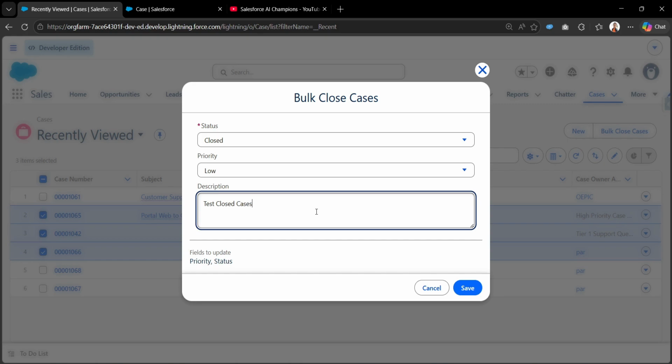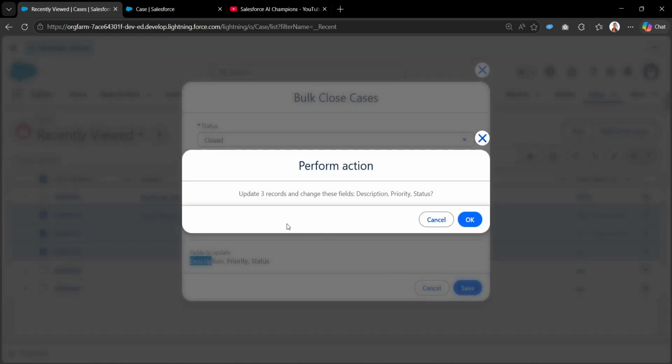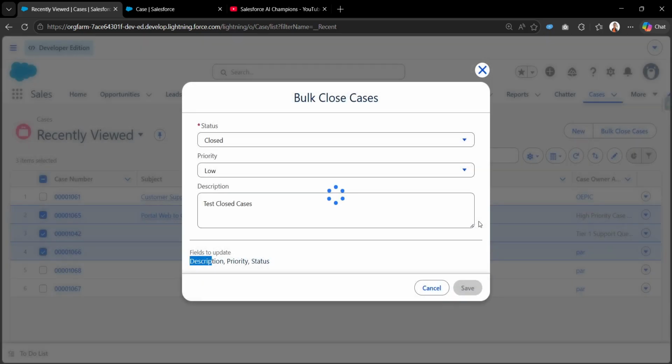Right? And now in this section we could see there is a section showing which fields will be updated for those cases, and it's showing description, priority and status. These three fields will be updated on clicking on save, right? If I click on save, it shows a pop-up saying update three records and change these fields: description, priority, status. And if I click on OK,